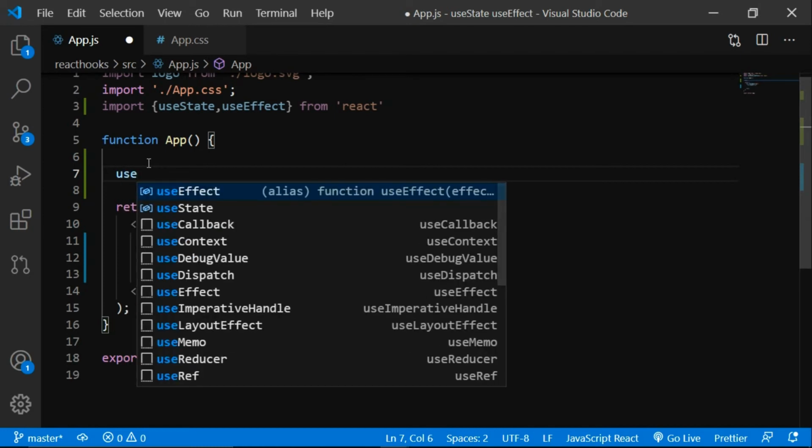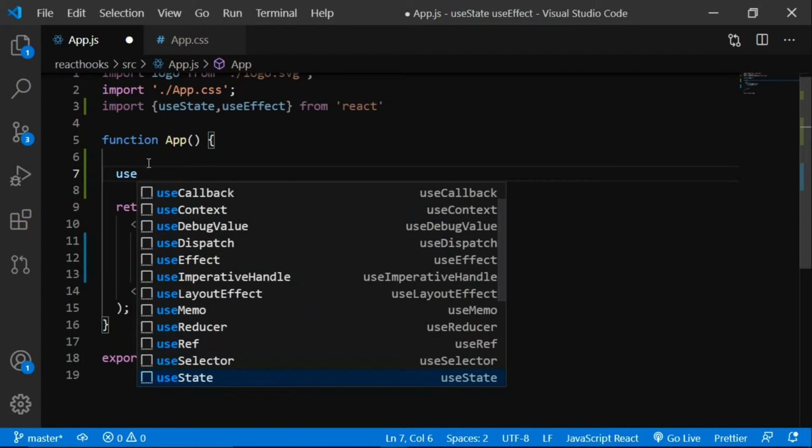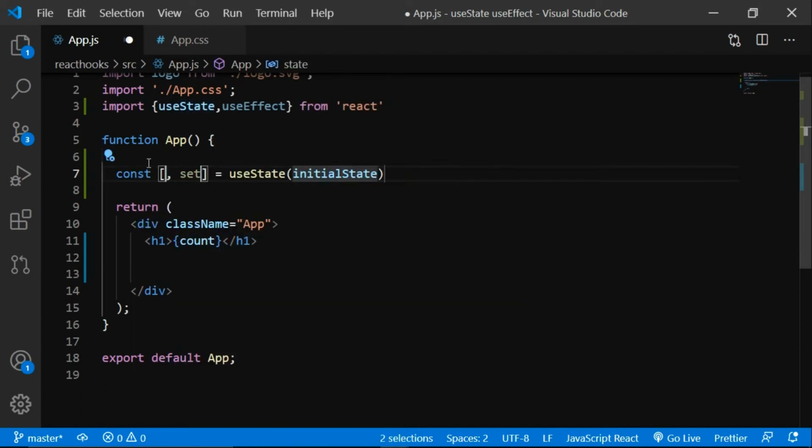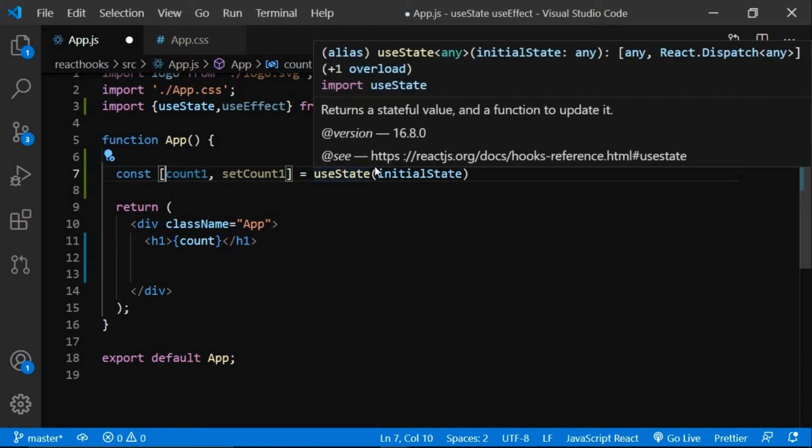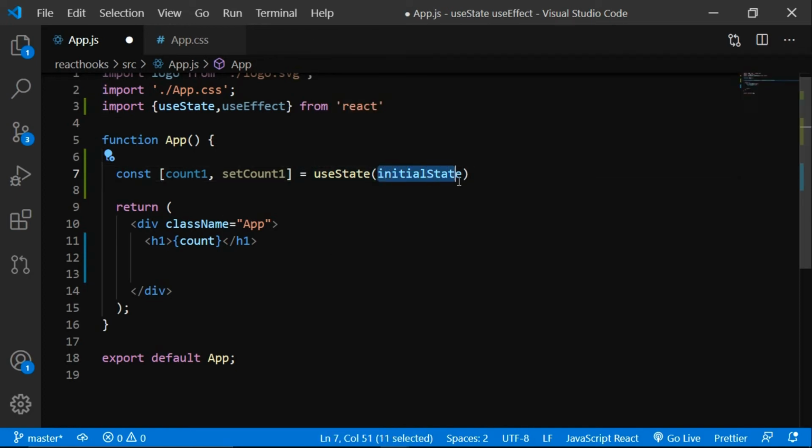So useState, and where is it here. Let's change this to count1. I deleted the square brackets. So initial state will be, let's keep it 0.